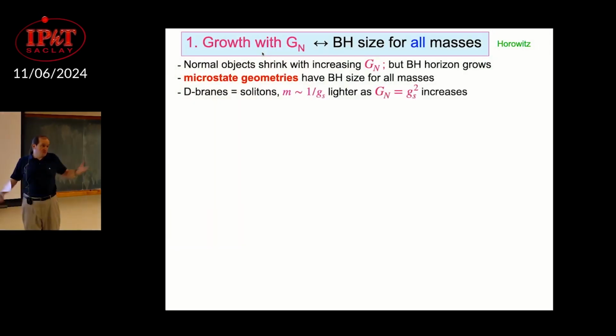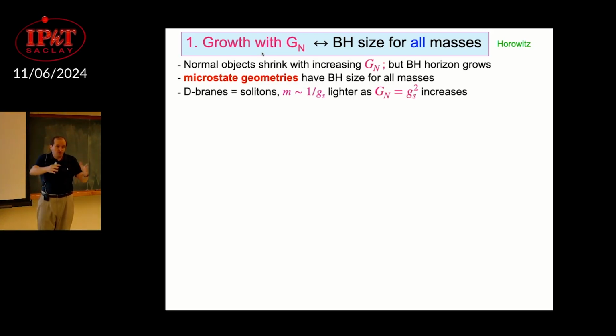Now, normal objects, again, gravity is an attractive force. You make G Newton stronger, gravity stronger, normal objects become smaller. The black hole horizon, on the other hand, to make gravity stronger, the black hole horizon grows. So you can never get something, in some normal theory with normal matter satisfying normal conditions, to replace the black hole for all regimes of parameters. Otherwise, you can never get something to replace the black holes for all the masses. You can never build an object with normal matter to replace the black hole.